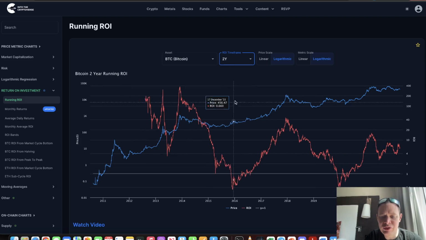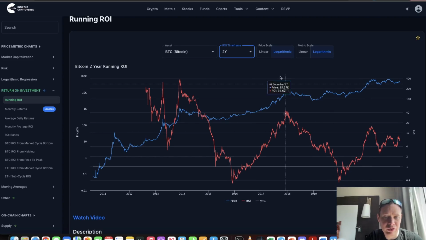Now, if you look at the 2-year ROI, you can see that it tends to bottom at around 0.3 to 0.4. Okay, so this is basically people who held for at least 2 years. There is a very small window where even 2-year hodlers would have experienced an ROI of less than 1. But you also know that it was only for a few months at a time, and that typically those holding for at least 2 years are looking pretty good.